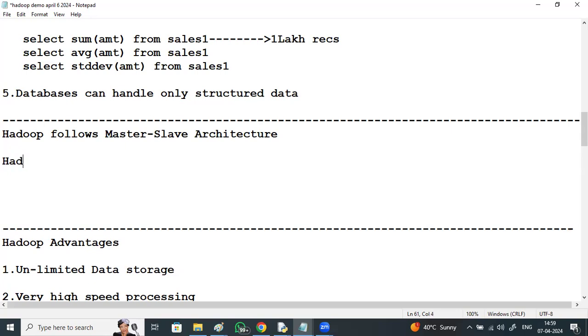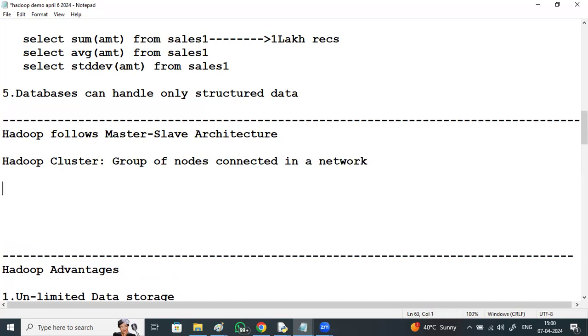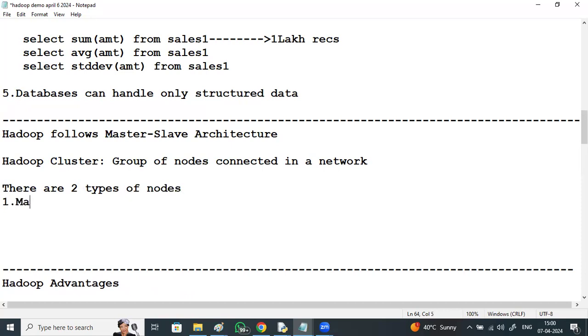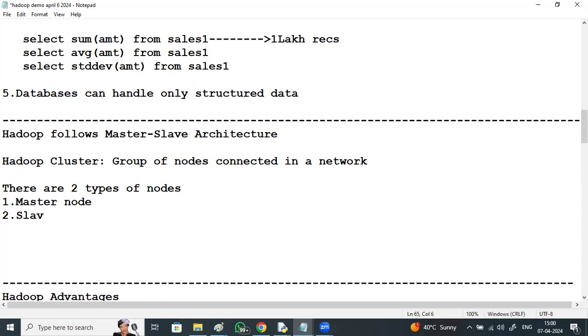If you say Hadoop cluster, it is a group of nodes connected in a network. There are two types of nodes: master node and slave node.